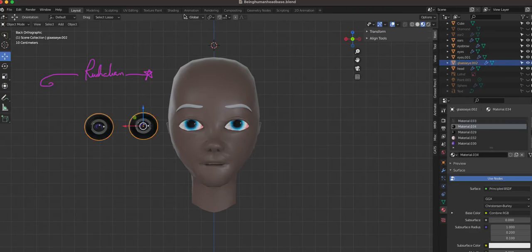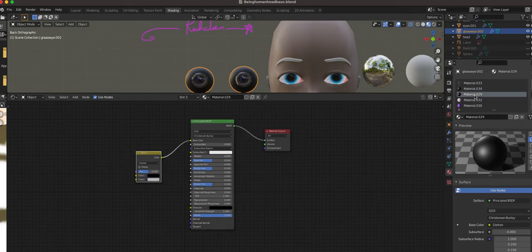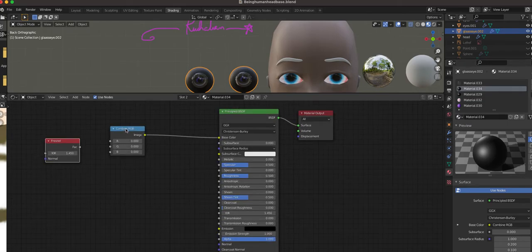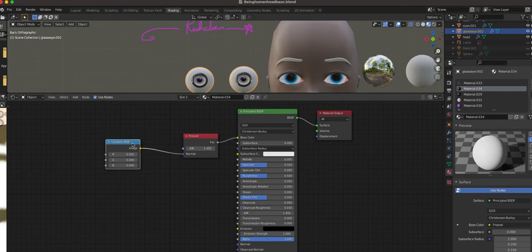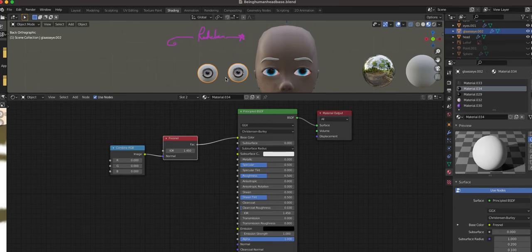So we go back to this in the shading, and that's how it looks like. It's black, but also this one is black. It's a different material, and this is combined. Let's go to normal. Now it's all white. White, but actually the material is now mixed with black,